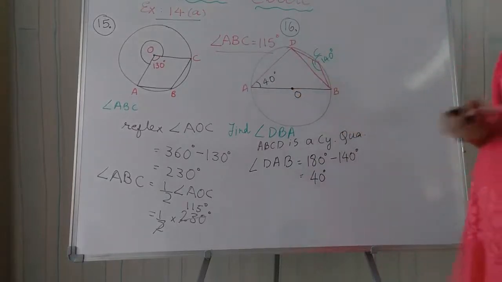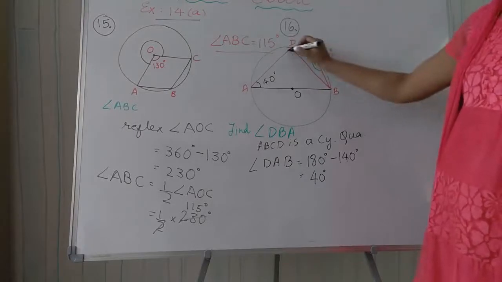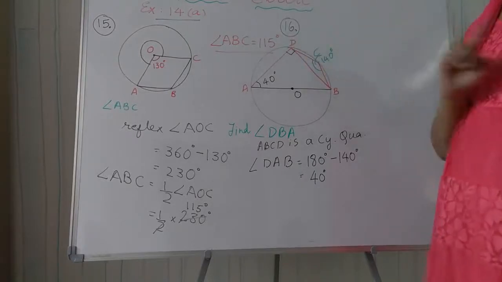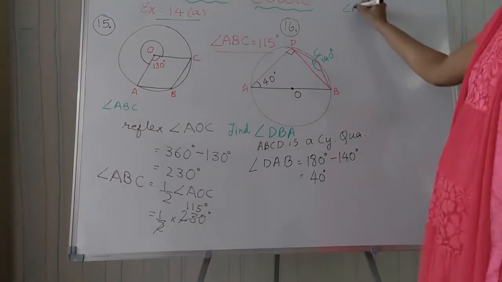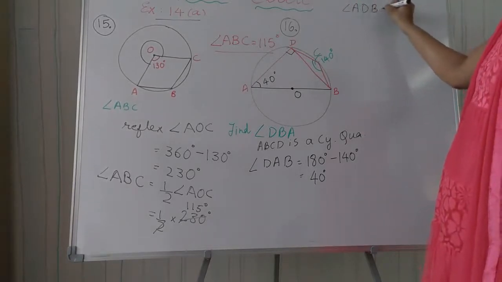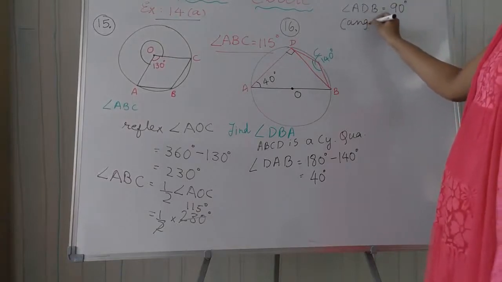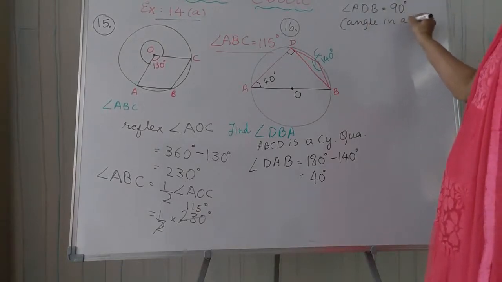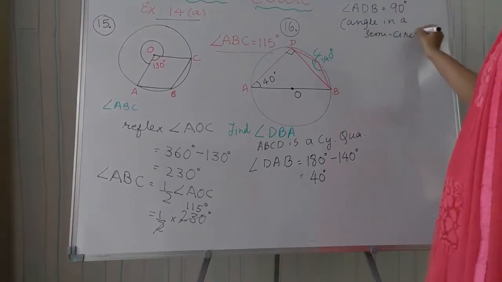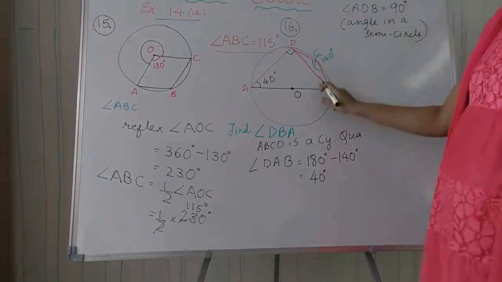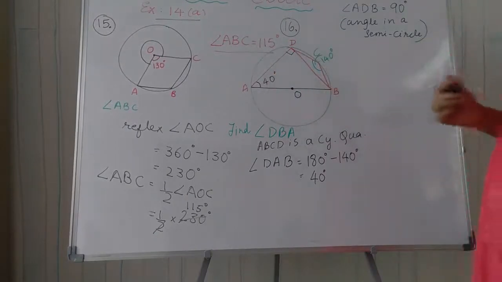Okay. Now also this is the semicircle, you see. In a semicircle, the angle formed is 90 degrees. So I am writing angle ADB is equal to 90 degrees, right? Angle in a semicircle. Then next we want to find this angle. In this triangle ADB, we can use the angle sum property.